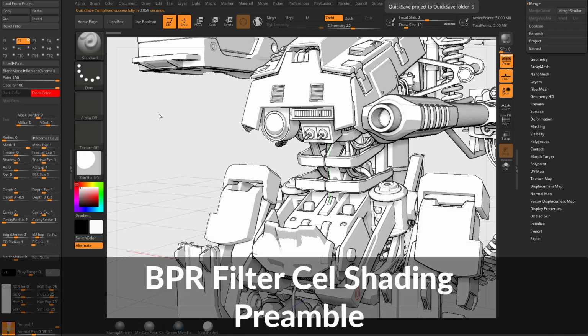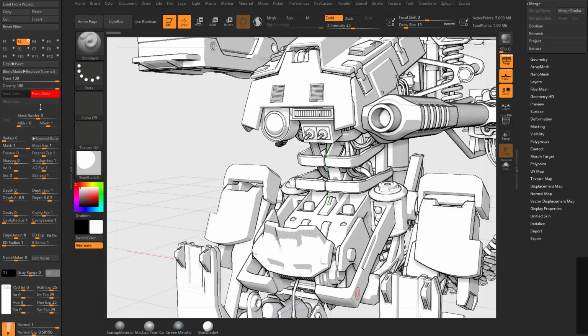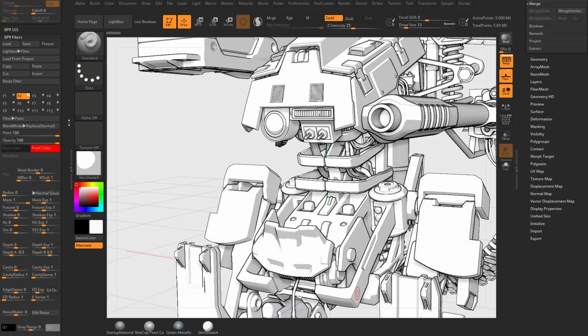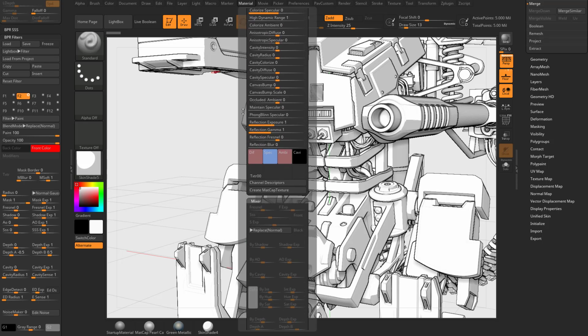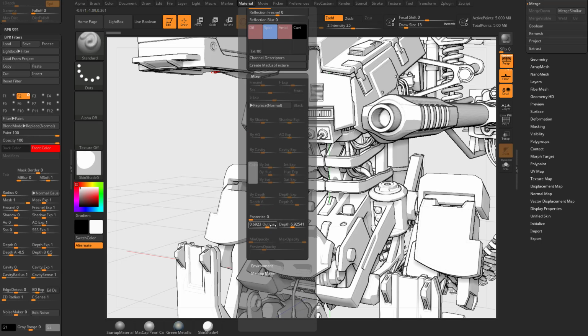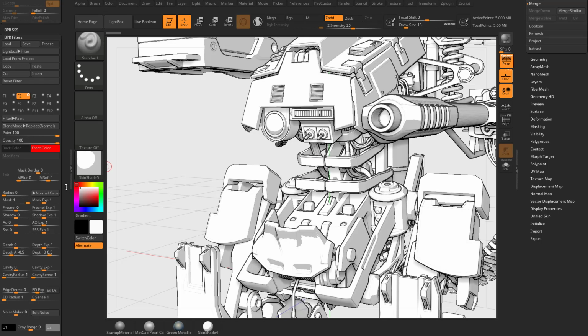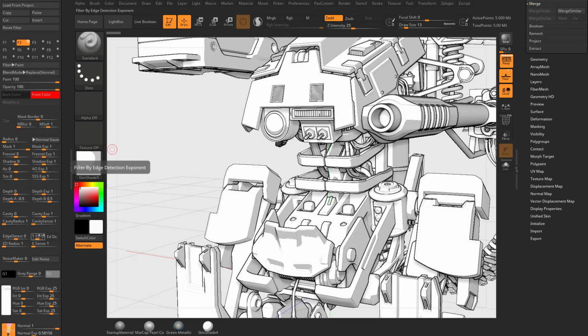All right, let's change tracks here and we'll get out of the modulators area and talk a little bit more about filters. Another thing I want to demonstrate is how to use filters to give you a cell shaded look. We've gone through how to do cell shading with materials using the diffuse curves and the mixer posterize and outline settings. If you use that in conjunction with your shadow settings, with your flat shadow, and maybe some of this cavity and edge detection in your modulators, you can get a very cool cell shaded